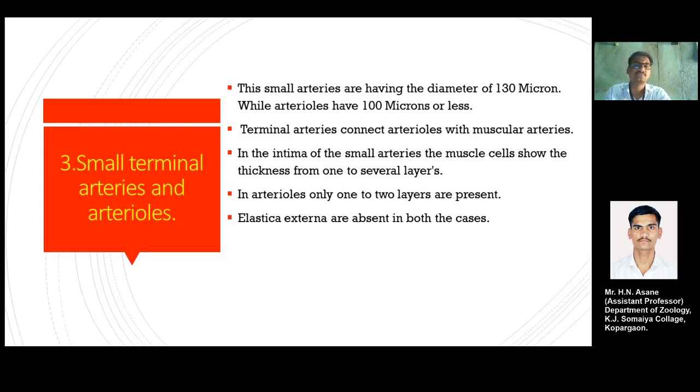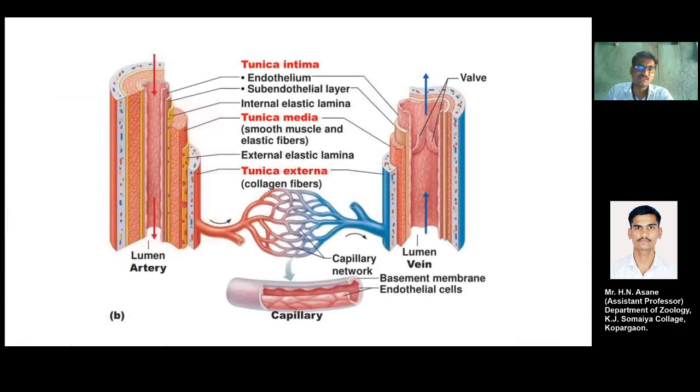Some layers are not present over here, as there is no need for a very thick muscular layer, so that will be degenerated, because here you need better blood supply to get in touch with that particular cell. The elastica externa is absent in both cases, in the small terminal arteries and in the arterioles. So as you can see in this particular picture,